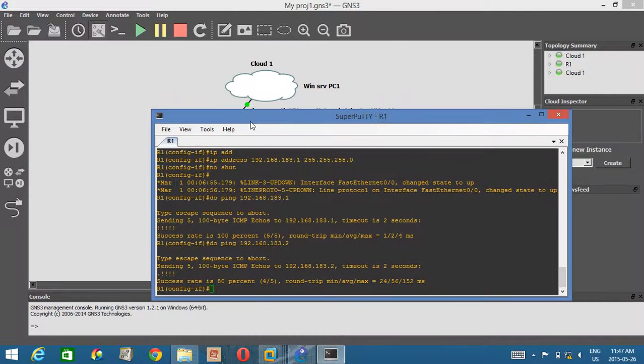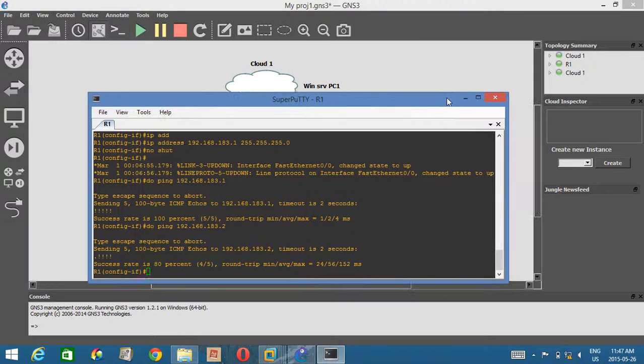So the connection is okay. As you can see here, between GNS3 and VMware, the connection is established, and I'm going to extend our topology as a scalability aspect. Okay,